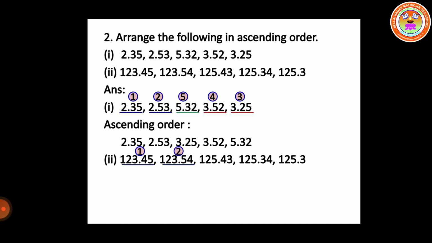Next, the remaining 3 numbers having the integral part 125. Next, you see the tenths place values. First one has 4. Second one has 3, last one also has 3. So consider the last two numbers having the same tenths place value 3. So you have to consider the hundredths place value in those. Hundredths place values are 4 and here not given means you consider it as 0. So 4 and 0, which one is smaller? 0. Therefore 125.3 will be the third one. And 125.34 will be the fourth one and the remaining will be the fifth one.